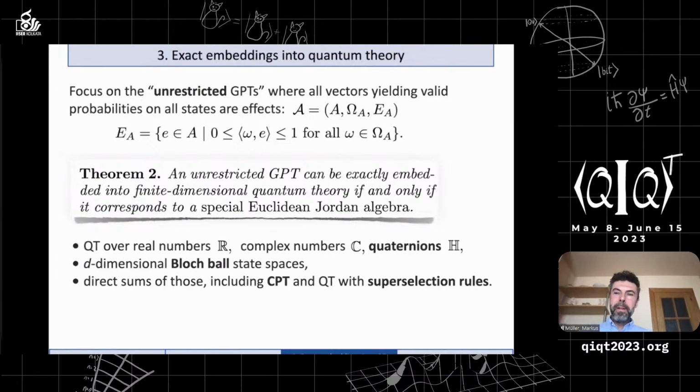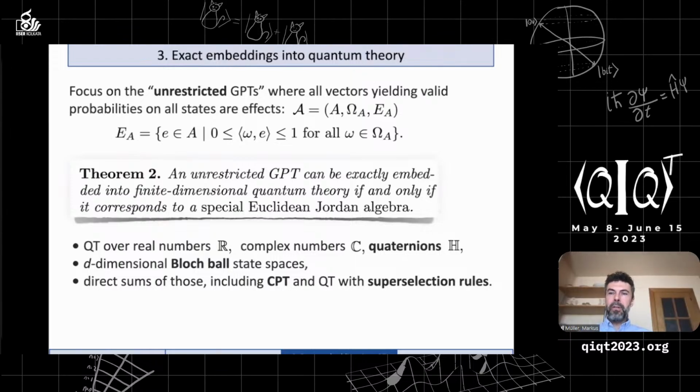Quantum theory over the real numbers, we've talked about that, can be embedded right into standard complex quantum theory. Certainly complex quantum theory as well with the identity map, but also quaternionic quantum theory can. You can have Bloch ball state spaces of arbitrary dimension d, and you can have block matrices of those, so direct sums of those. And this includes classical probability theory and also quantum theory with superselection rules, where states are discriminated by block matrices. And that's everything. These are the only ones that you can embed